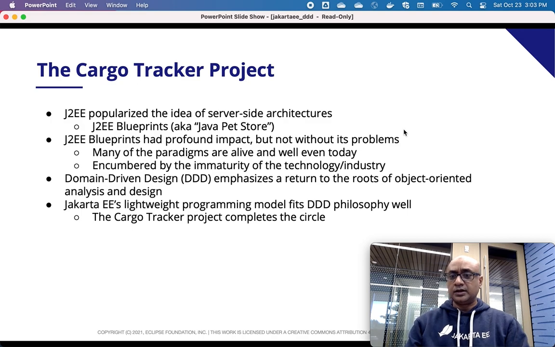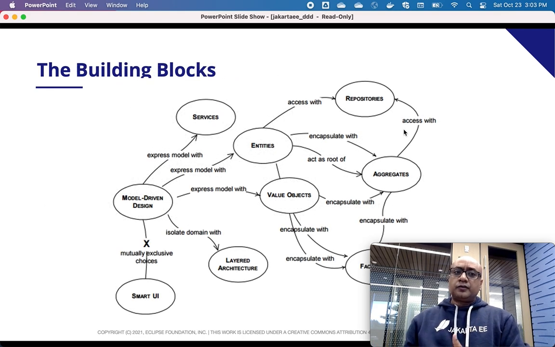I help lead it with a few other folks. It is completely a community-driven project. So before we go any further, I think there is value in explaining domain-driven design and spending some time talking